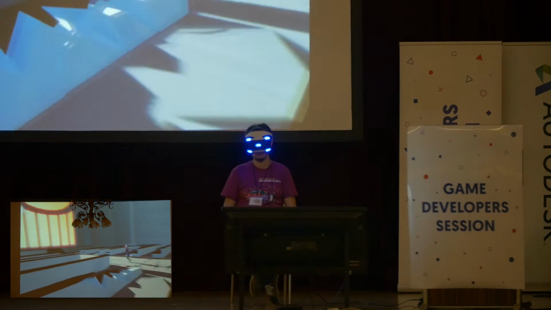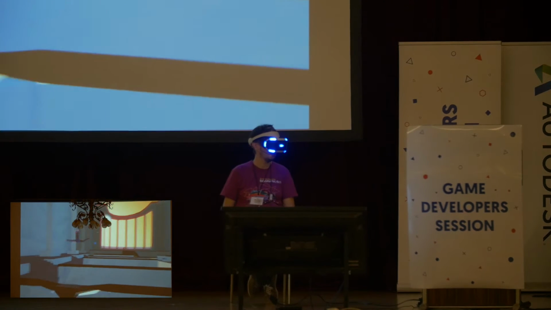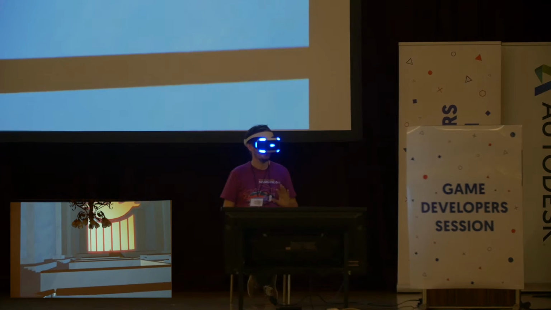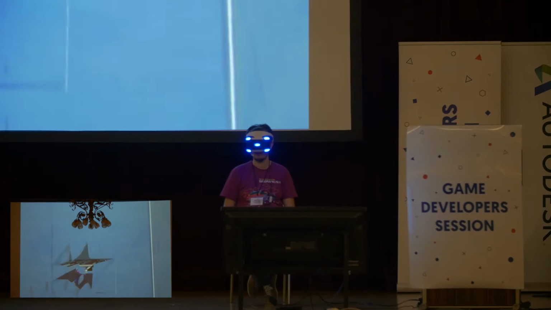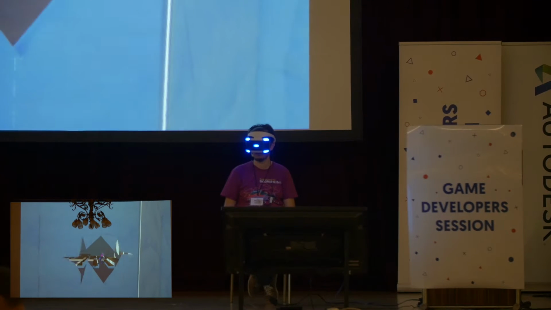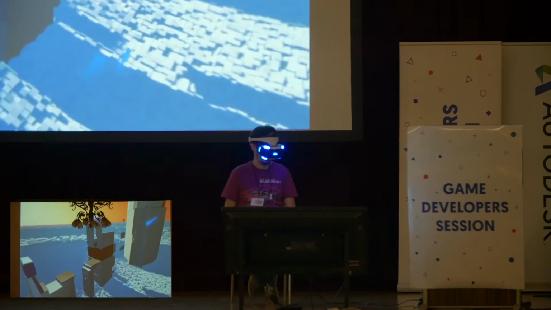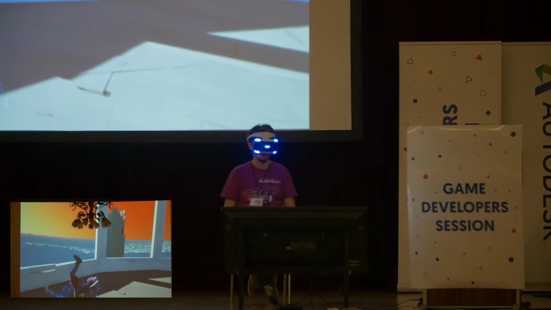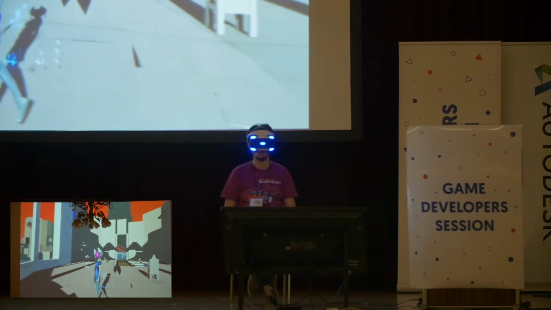Okay, so the camera system in our game is completely static. It means that it doesn't have any movement at all, but it doesn't prevent you from watching the character all the time. For example, here we cut down the walls, so at every moment you will see the character. Okay, let's go there. So right now the camera automatically switched to a closer position when you are too distant from the camera.